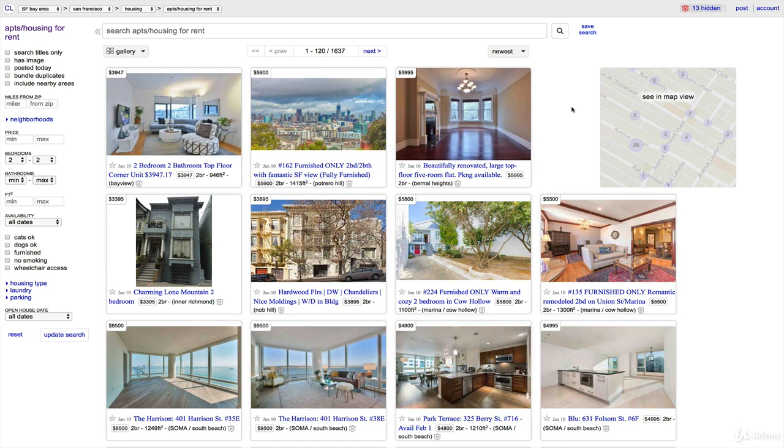And Craigslist doesn't have a nice API, as far as I know, that you can use to just ask, give me all of your current apartments, or give me all the apartment rents from 2015. What we could do instead is write Python and ask that Python script to request this web page.